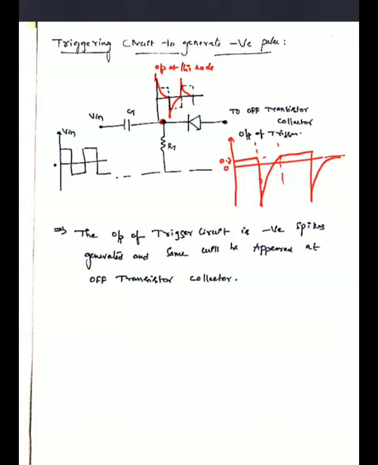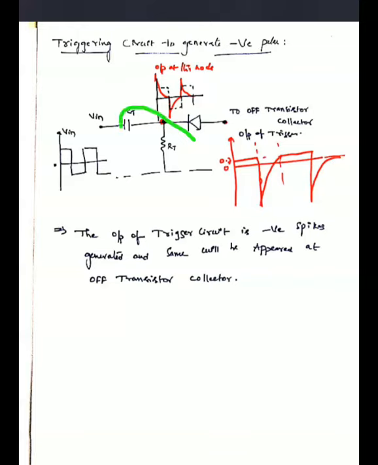So the triggering circuit generates a negative pulse. There are two types of input pulses: one is a positive pulse, the second is a negative pulse. But in this case I am assuming a negative pulse. How is a negative pulse generated with a simple triggering circuit? Let us consider the possibility of getting negative spikes as the output of the triggering circuit. The input for the triggering circuit is simply a square waveform which passes through